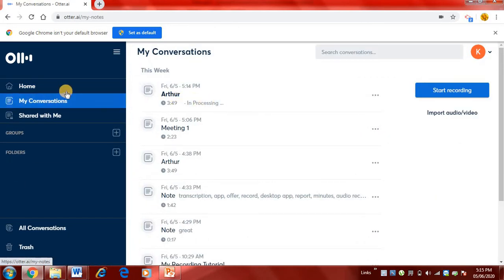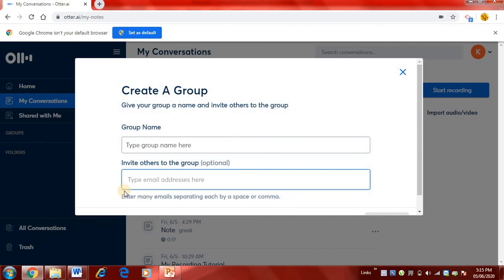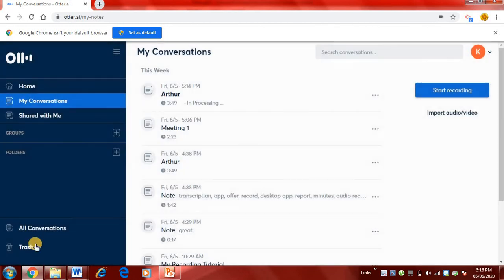It is in processing. If you see in my conversation, the file which I gave is in processing. Since it is a lengthy file, like a 3 minute file, it takes some time. In the meantime, I'll brief you on the other points, like you can create groups. Suppose you have some meeting group, some 10 people will be there in your meeting always. Then you can create a group and you can invite them also. After the meeting, you can prepare a MOM and send it particularly or share the link to the particular people. That is also possible by creating a group.